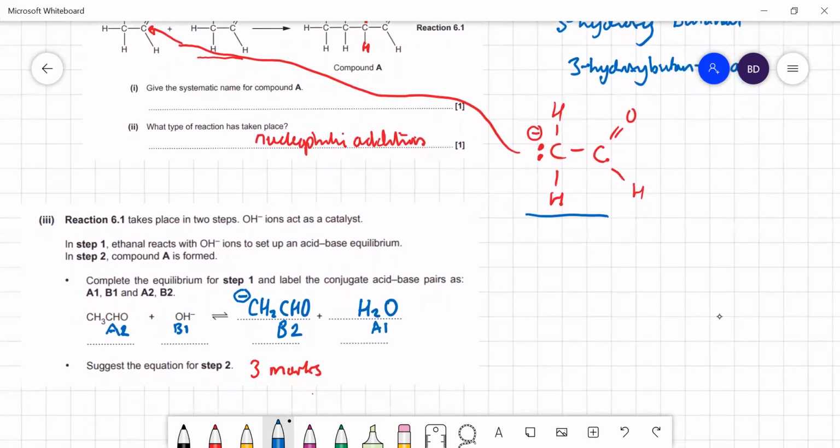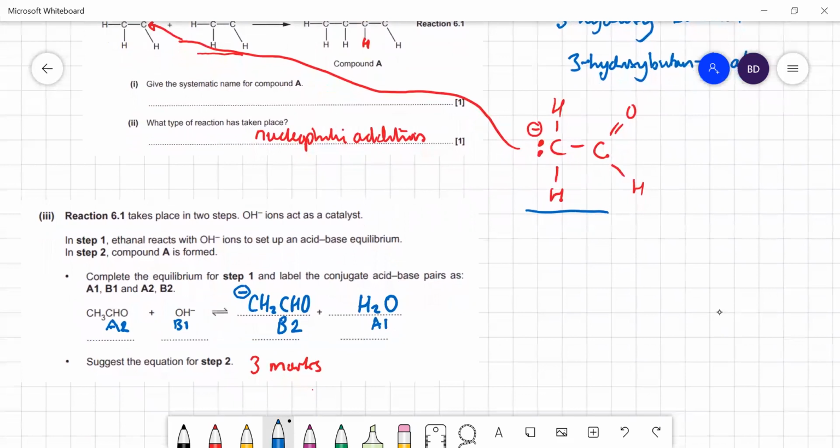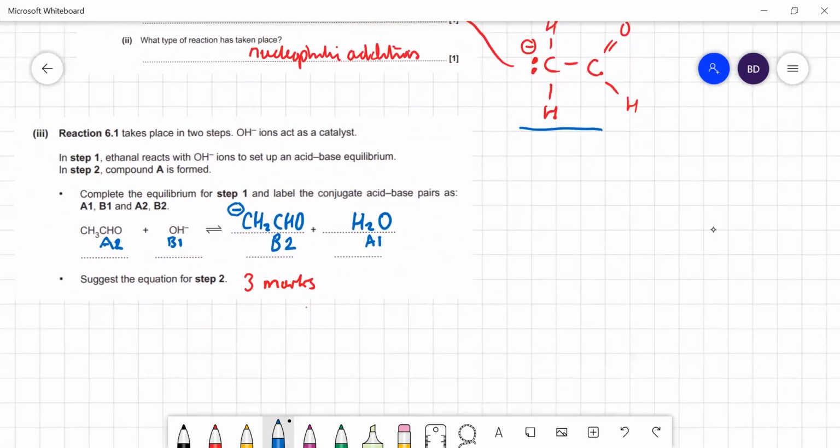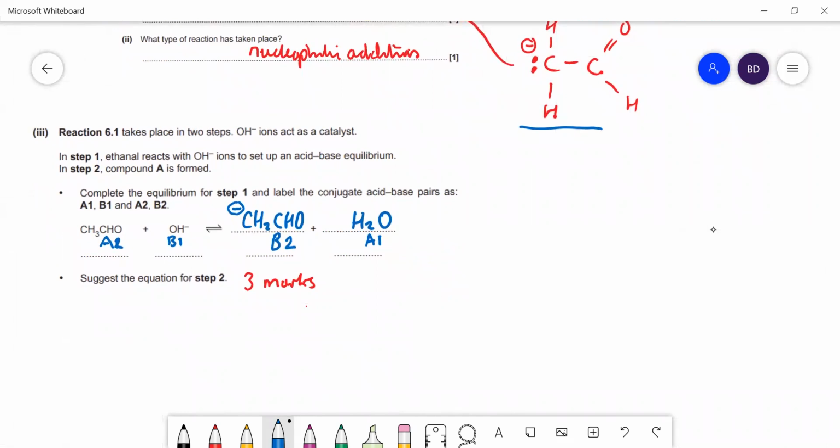Suggest the equation for step 2. Step 2, compound A is formed. Right, so I've kind of shown the mechanism of that. So what we're going to get there is the equation is going to be